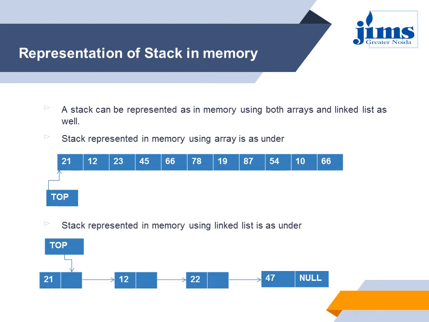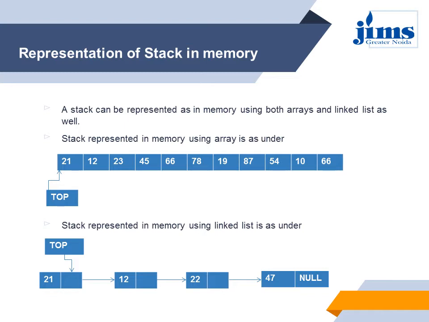Then one by one we started incrementing the values of the stack, and then we reached the position in the array where 21 is the last element which has been added to the array. The current index position of the array is known as the top position. So whenever a new element needs to be added, the index position will be incremented by 1, and that will be the current position, and then we will put the new data value there. So this top element is 21.